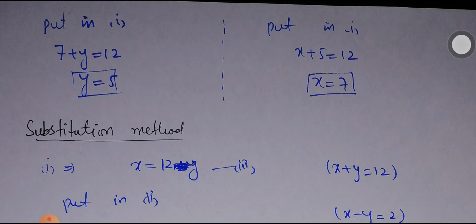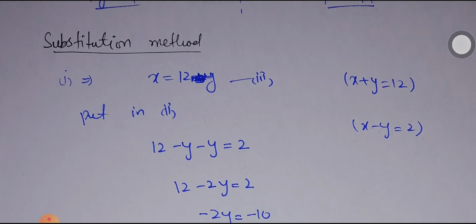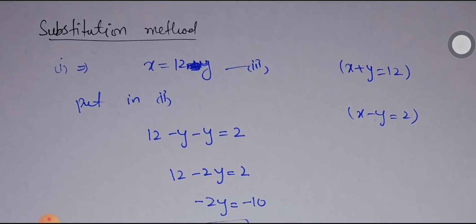And in fact, it is again up to you which method you want to use, either elimination or substitution. The other method is the substitution method, in which we substitute the value of a variable, taking it from one equation and putting it in the other equation. One thing is really very important when we are doing the substitution method: if we are taking the value of the variable from equation 1, we will substitute it in equation 2, and if we are finding the value from equation 2, then we will put it in equation 1. We are not going to put the value in the same equation, because then we will not get anything.